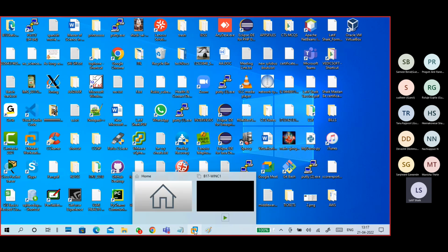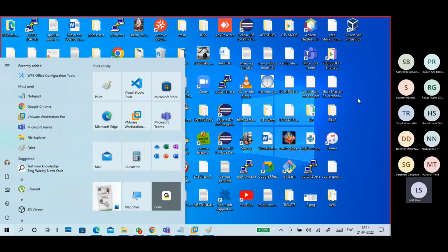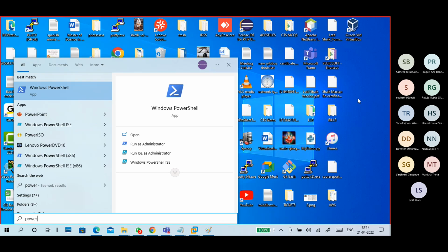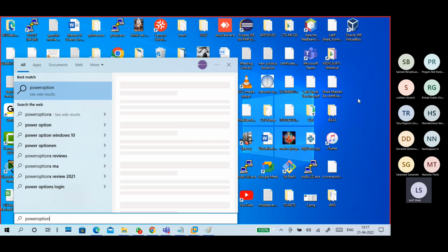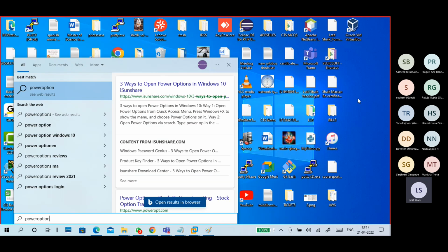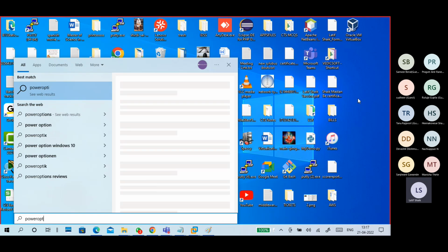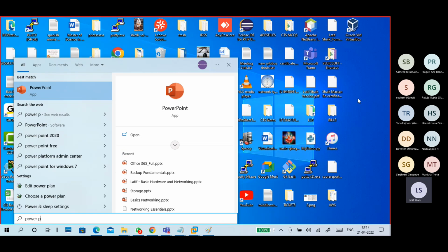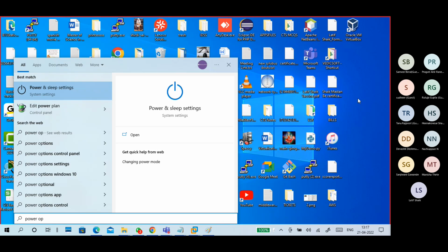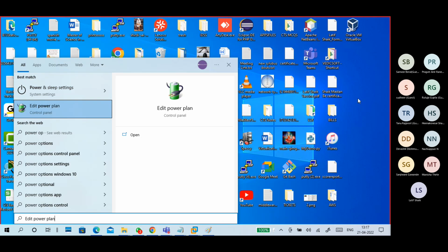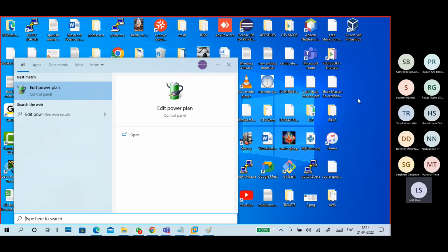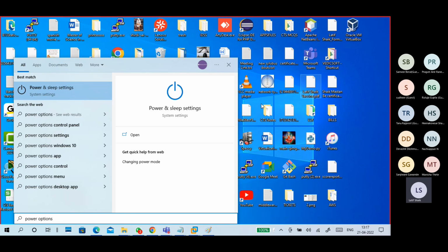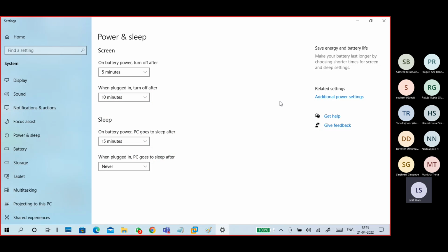But I didn't do one important thing, that is the power options. My virtual machine is shut down, so we'll see that one. Why are power options not showing? Power. So direct power option is there. Not like this, power options. It is giving my settings related only, not control panel related.